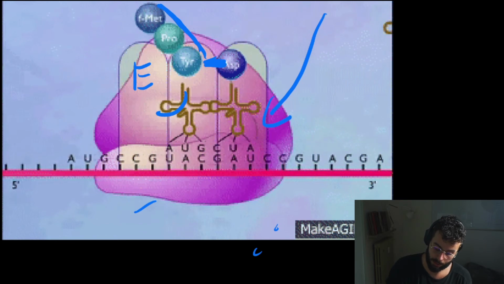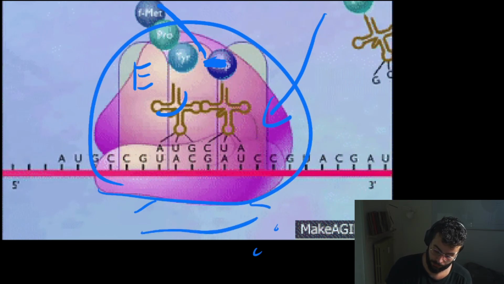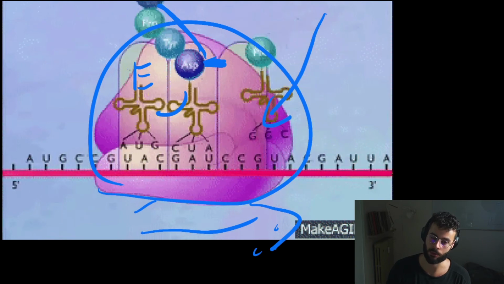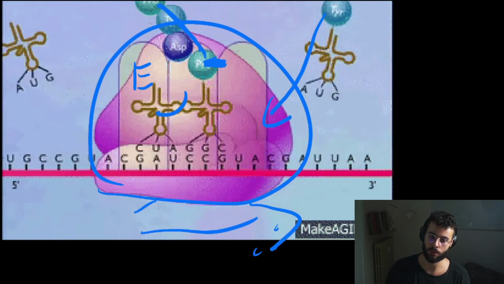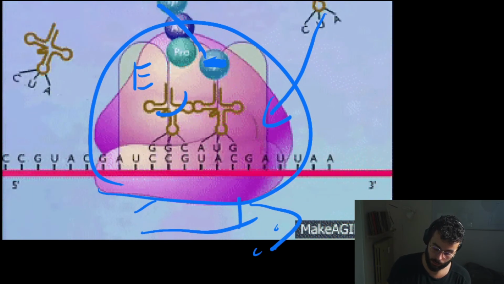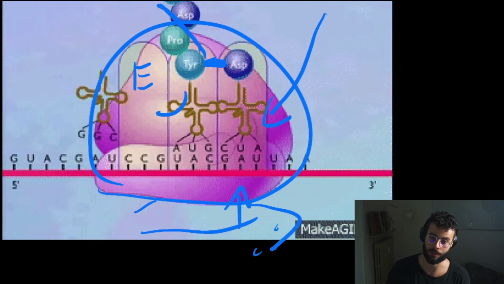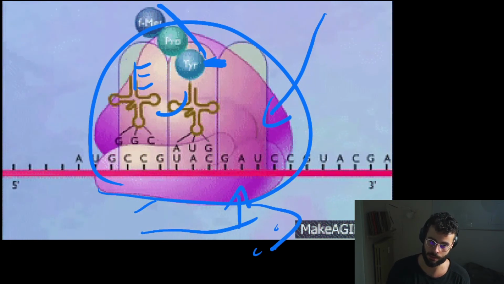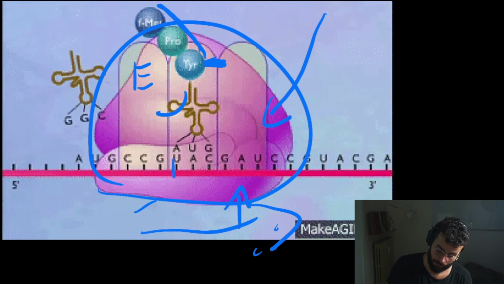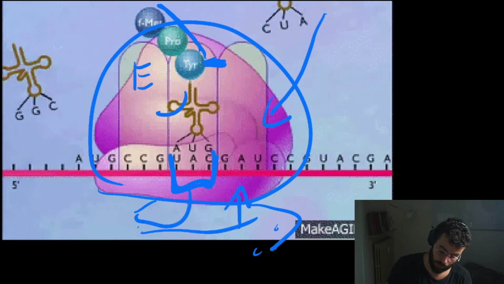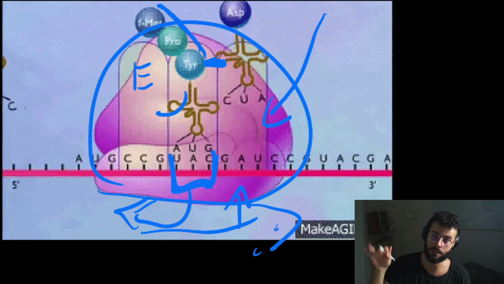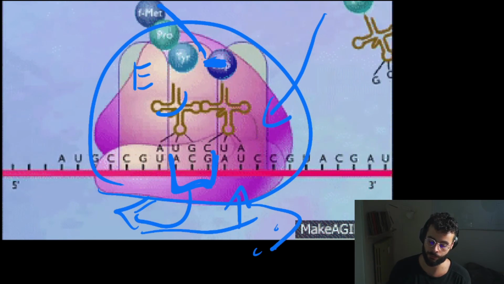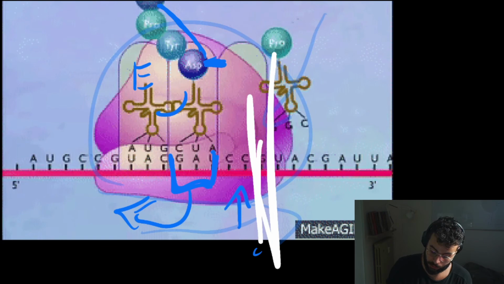And once the ribosome itself moves to the right, from the 5' to the 3' end, to the next codon, the A site will accept a new tRNA with a new amino acid, but the P site tRNA that was pushed to the E site is going to be released and removed from the ribosome. And this cycle is going to repeat until we reach